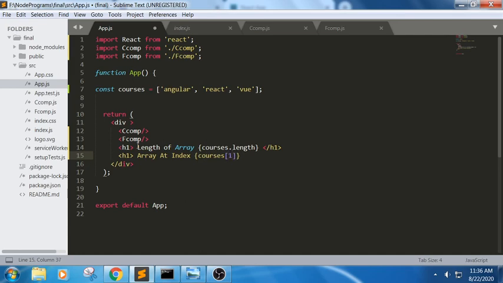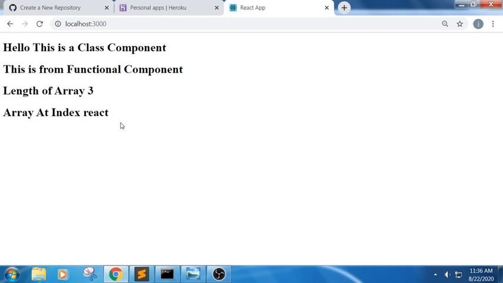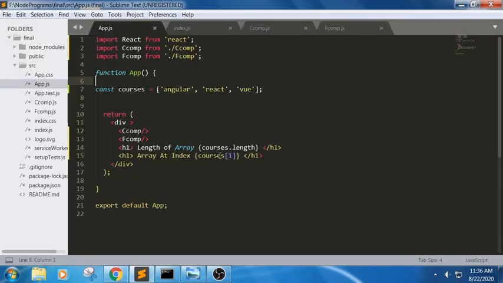Here I am trying to write 1. The first statement will return the length of this array, and the next statement will return the element at that index, that is React, since indices are 0 and 1. If you can understand. Now typically if I want to loop over particular array elements, we generally use a for loop.